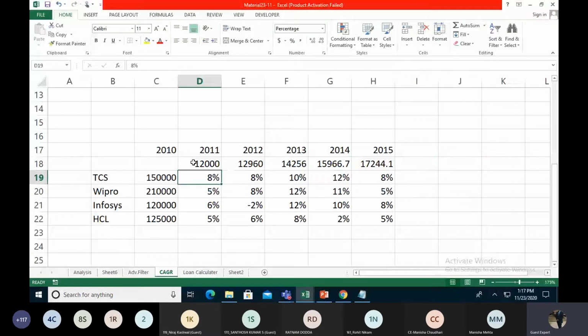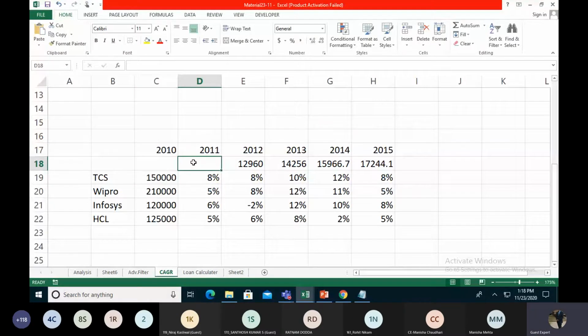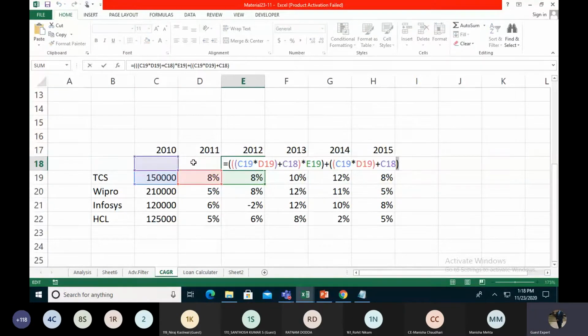So we create inner-level formulas. We select these, copy this, and put it over here. Right now I do the same thing over here. So there is an inner level of the formulas. We are creating the inner-level formulas. So right now we are getting the ending-level value.